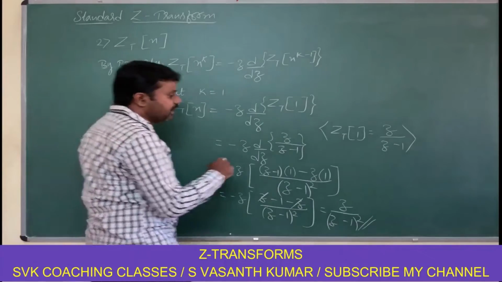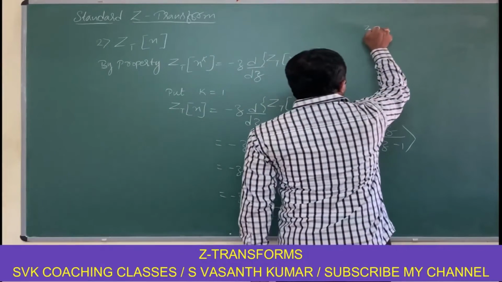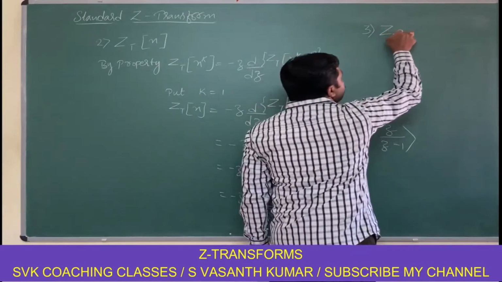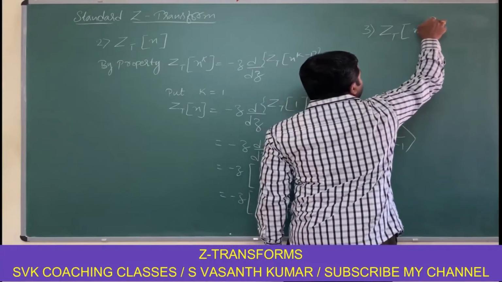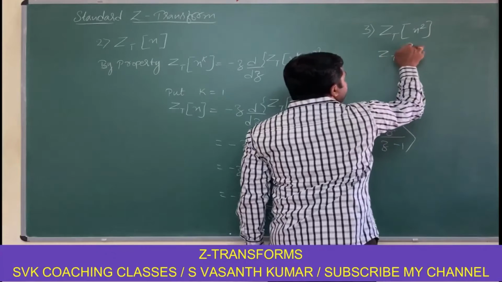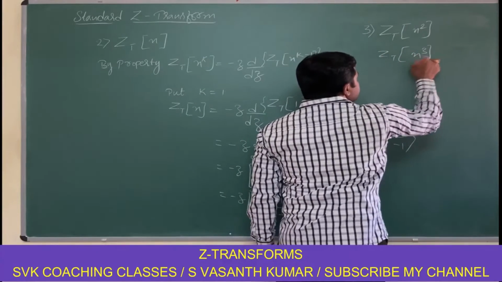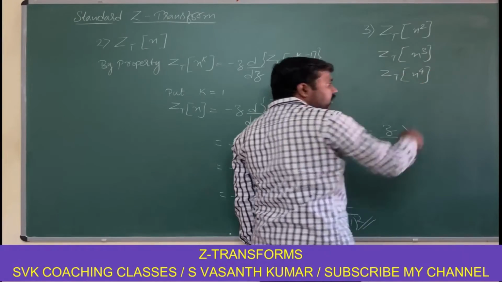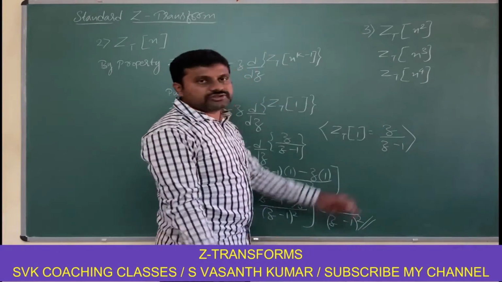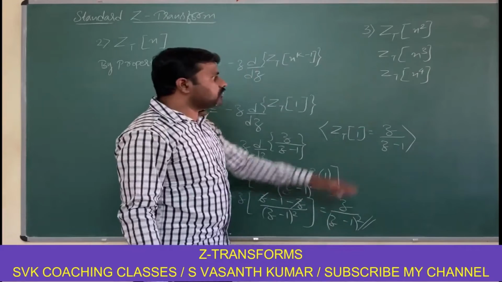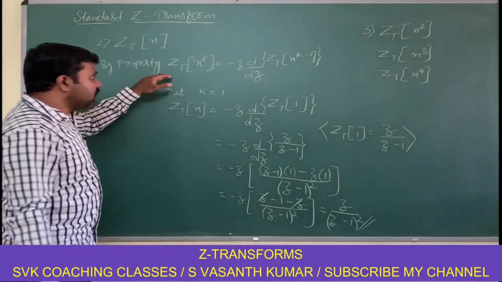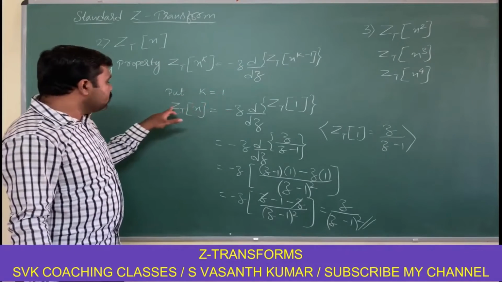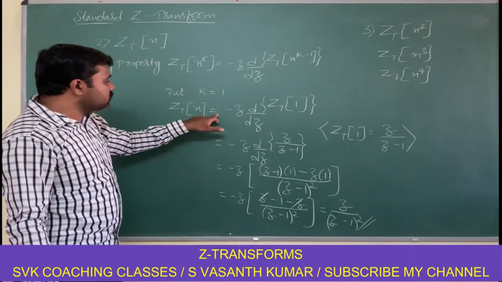Similarly, we have standard Z transforms for Z transform of n square, Z transform of n cube, Z transform of n power 4. We can find all the standard Z transforms. I will give the list of these. Similarly, you can find the Z transform of n square. With k equal to 2 here, you are going to get Z transform of n square, which is equal to minus